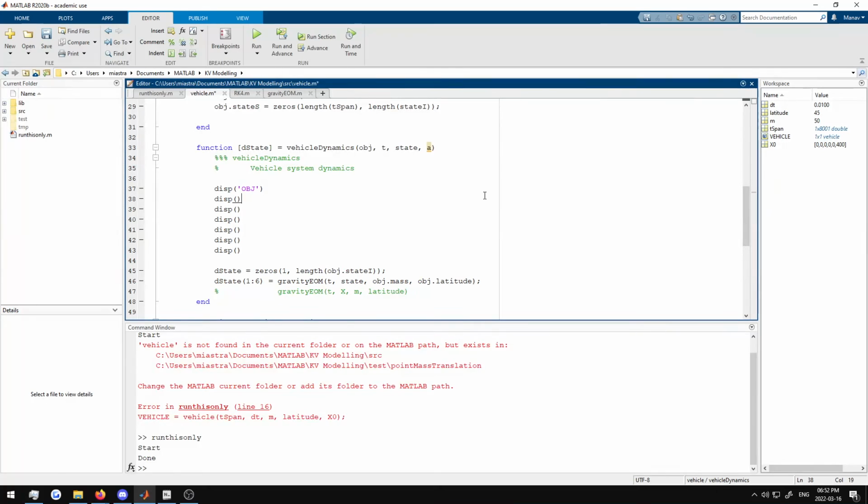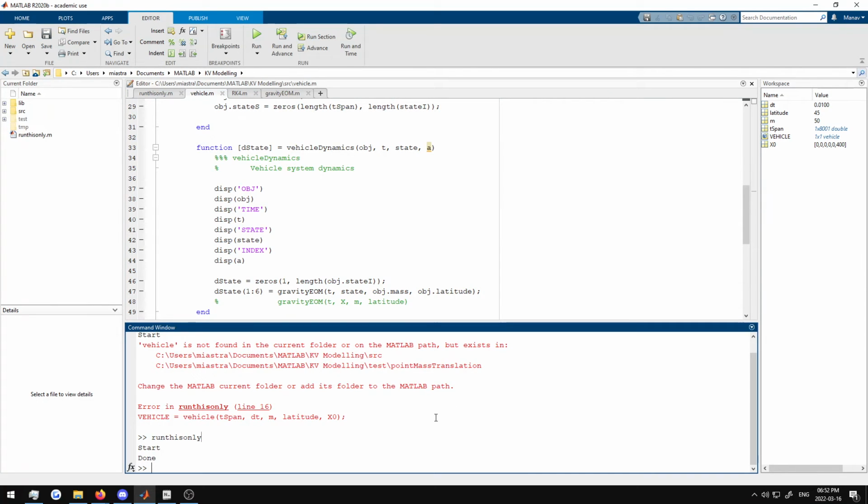First thing I want to display, object. I'll display the object variable. Second thing I want to see is the current time. Display t. Next thing I want to see is the state, and I'll display the state variable. Next thing I want to see is the index, and I'll display the index, which is a. And when you run this,